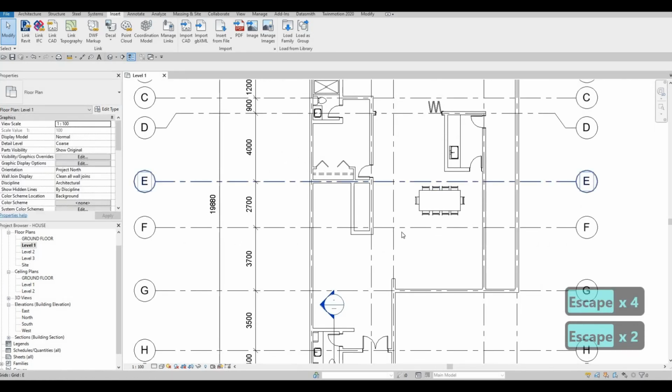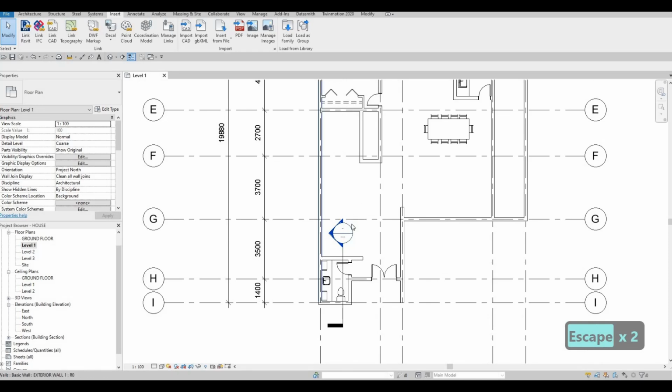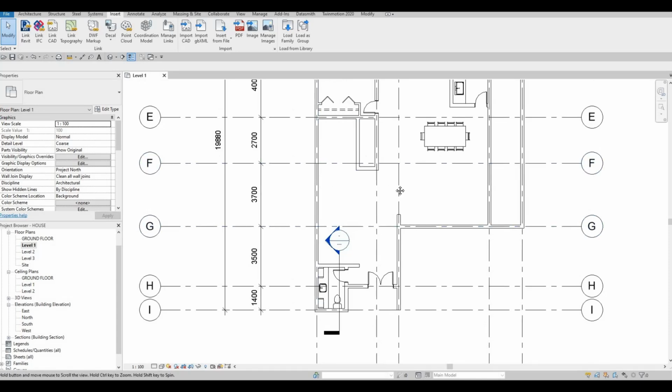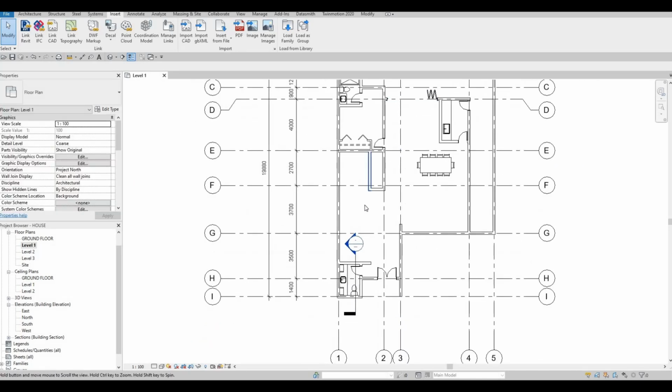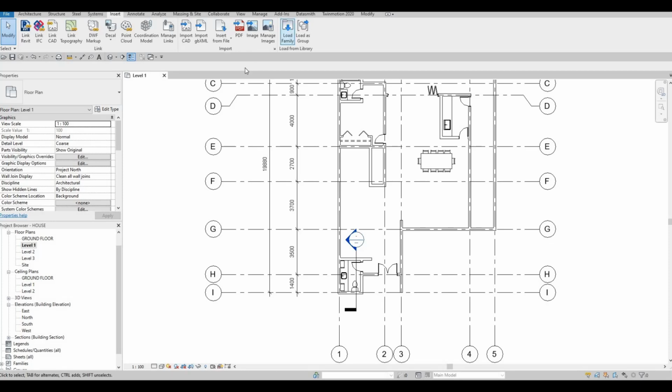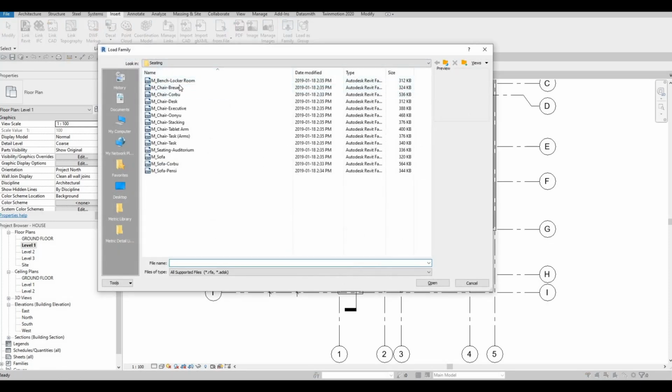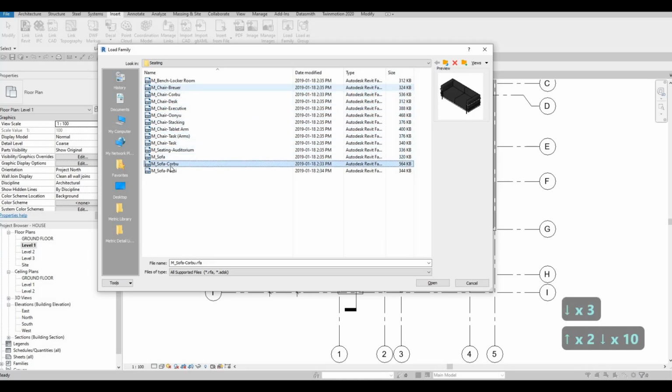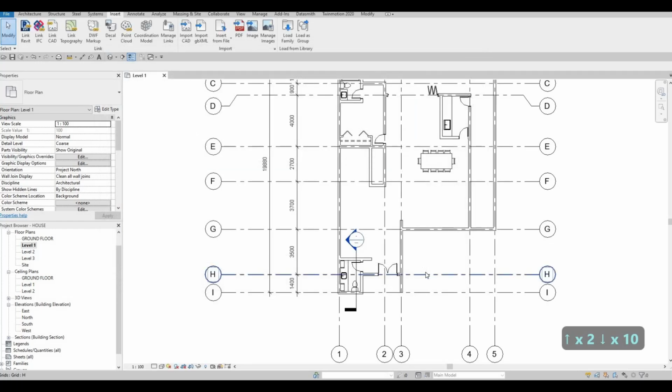So now let's add in some living area right here. So I'm gonna load again, go back to seating. So actually we're here, and then we're just going to select. I'm going to use sofa corbo. Click open, CM,